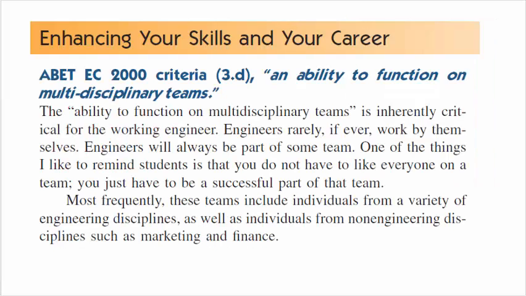I also like the beginning of this chapter where it gives you a little bit of career advice. In particular, they have an ABET criteria cited here. ABET is an organization that oversees engineering schools and makes sure they are up to standards and have some uniformity across the U.S. university system. It's an accreditation institution for engineering schools. They have learning objectives just like your courses do. One of the learning objectives for an engineering school is that an engineer has an ability to function on